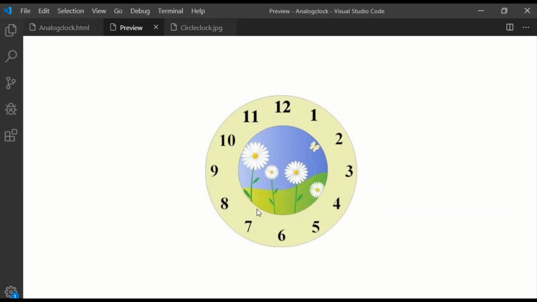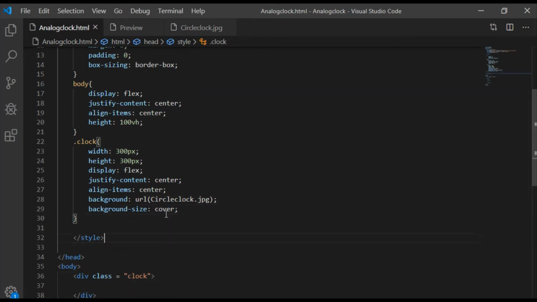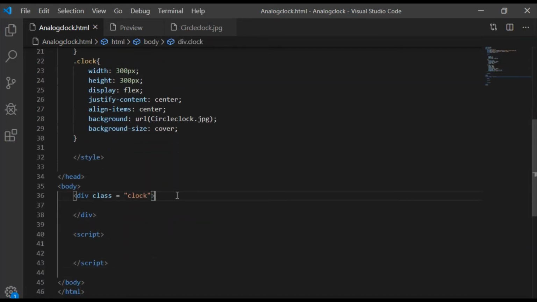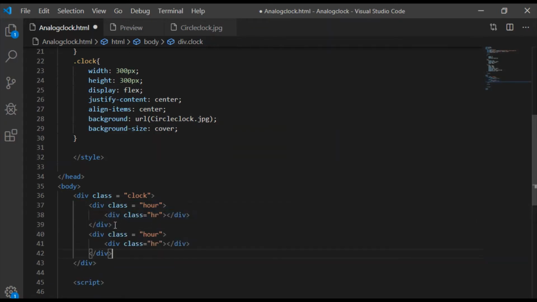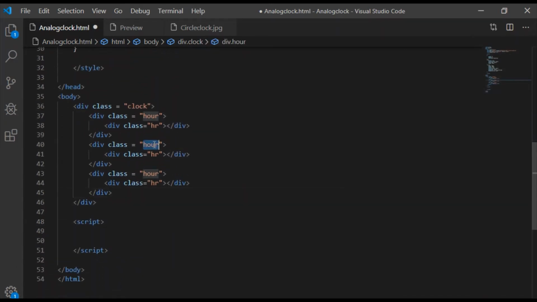Now to this we have to add the three movable hands. As mentioned, the clock class shall act as a container for the three hands. So first let us have the div class hour, which gives the area for the hour hand to move, and the actual hand class is hr, which is contained within the hour.